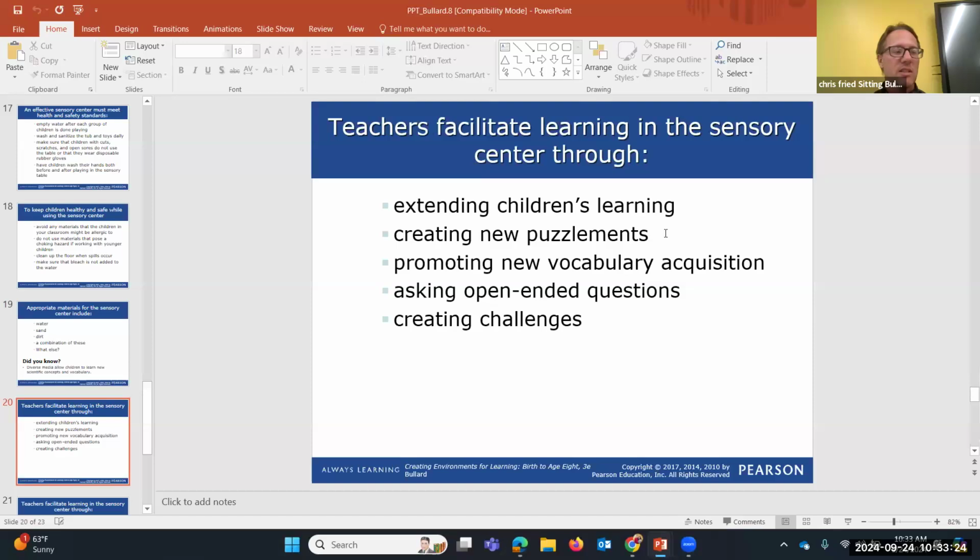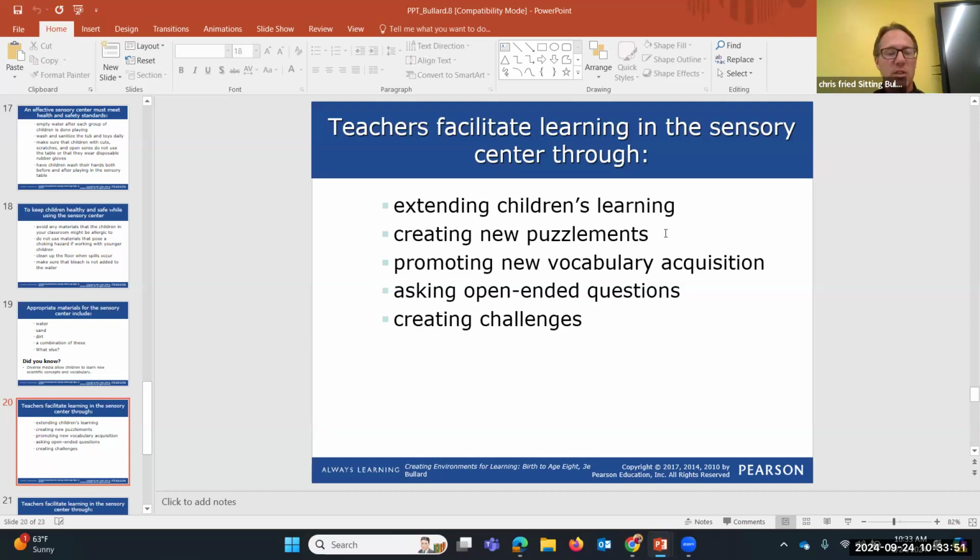To facilitate learning in the sensory center, we can do a variety of things to extend children's learning. This happens in every center, right? We put a center together, but children might start asking questions. We can extend their learning by providing them some guidance with their questions, right? Create new puzzlements, promote new vocabulary acquisition. Vocabulary is a big component in all kinds of centers.